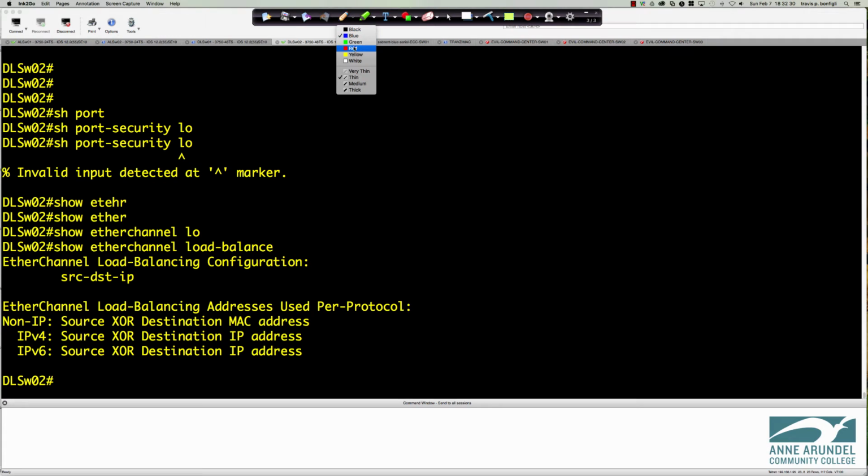Let me change the color here to, actually let's go with red. So that's going to be red. When we go to set this up, we're looking at the last 8 bits. So if the last octet of the IP of the black MacBook is 10 and the white MacBook is 11,